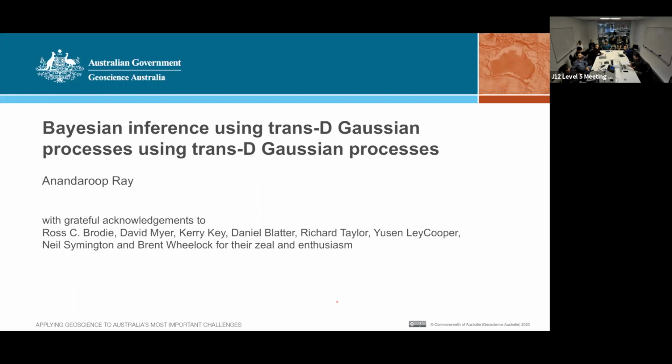Yeah, so when I submitted this after about a year of work to a journal, they immediately rejected it because they said there's a typo in your title. But there isn't. This is actually what I'm doing. So I'm using transdimensional Gaussian processes by using transdimensional Gaussian processes. So there is an element of recursion over here, and that's what we're doing. So yeah, please don't reject this in your thoughts already. This is not a typo.